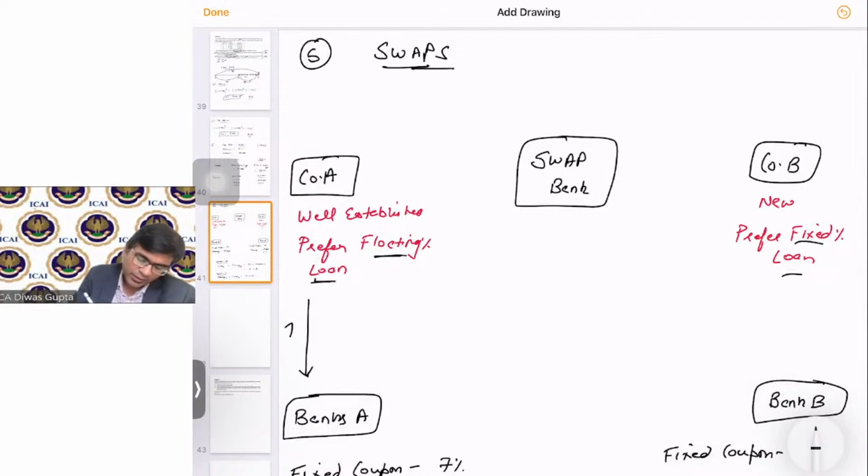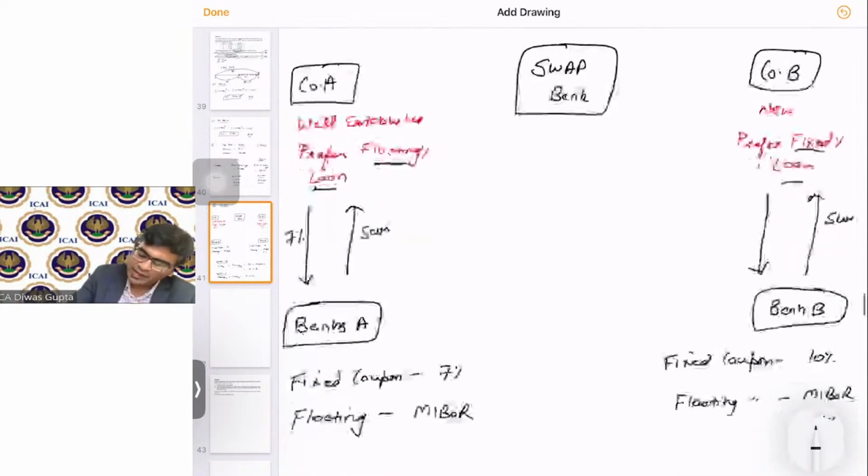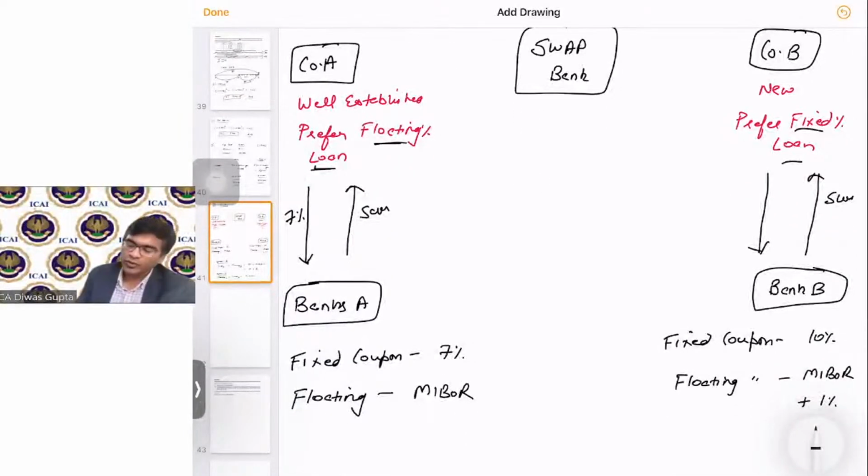So 7% would be paid here, and bank A has given a cash flow of 5 crore as a loan to company A. Similarly, bank B has given 5 crore to company B, but company B will pay bank B in the form of floating,